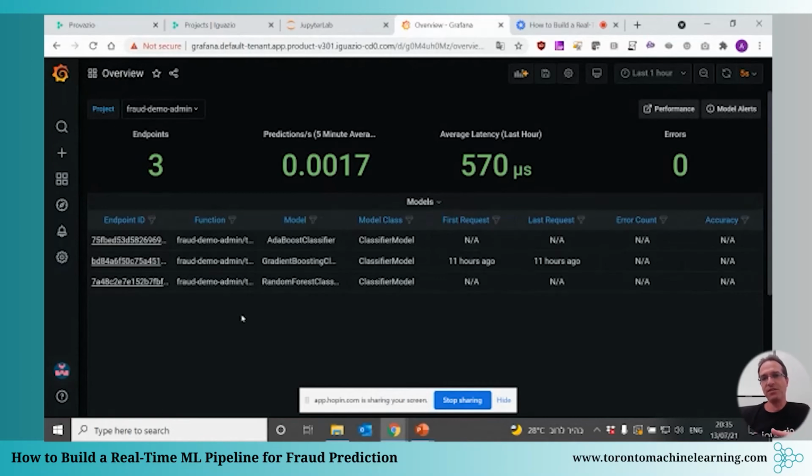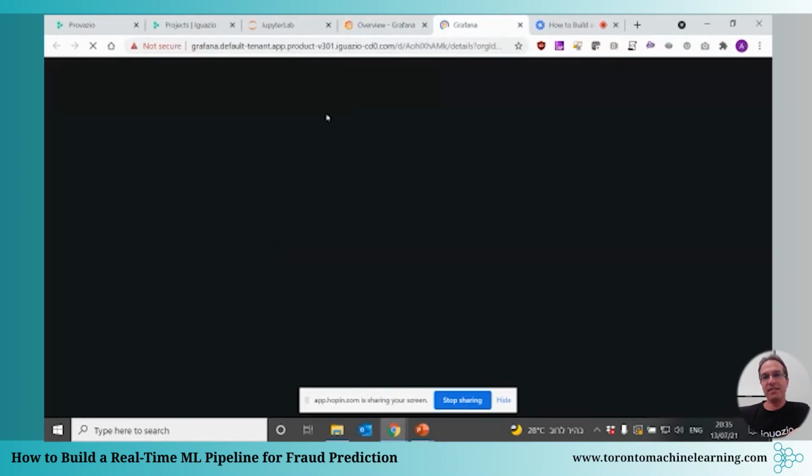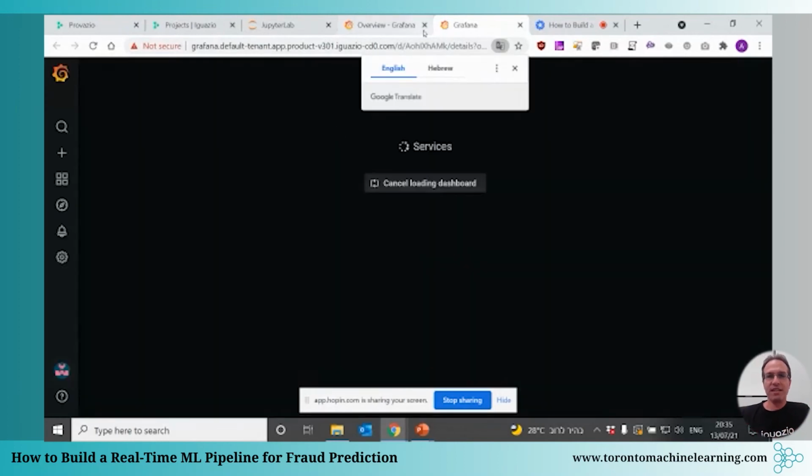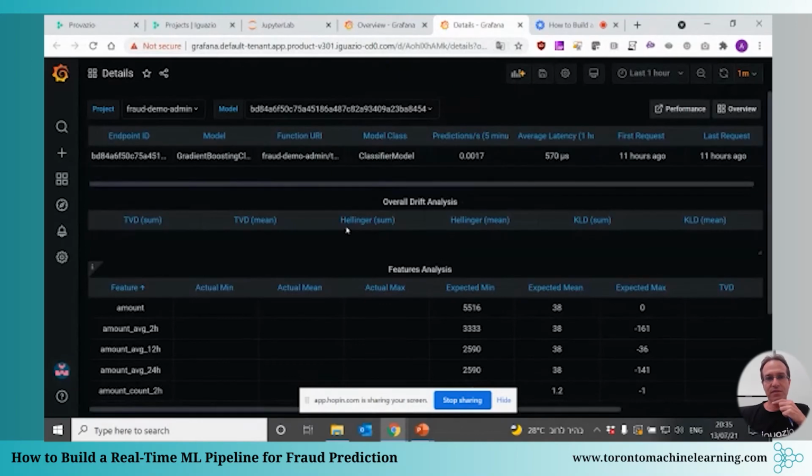So as a user, you get data sets in Grafana, and you can create your own dashboards. By default, we have a couple of dashboards where you can see all those endpoints and predictions per second and the latency, and then you can drill down to a specific model and get to see more granular information about those models. Again, the goal here is to identify if there is a drift.